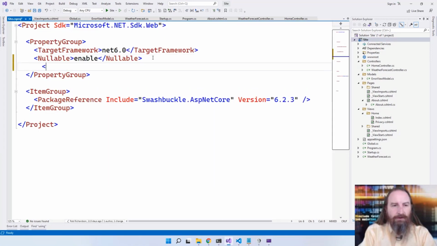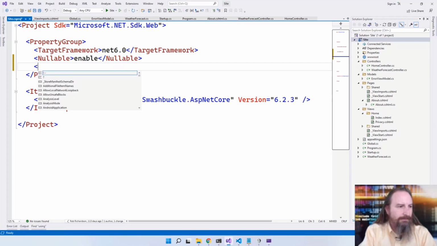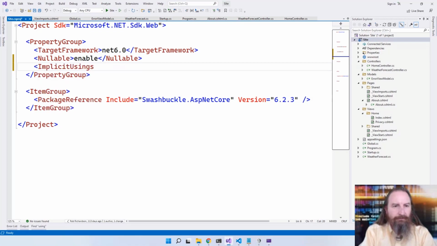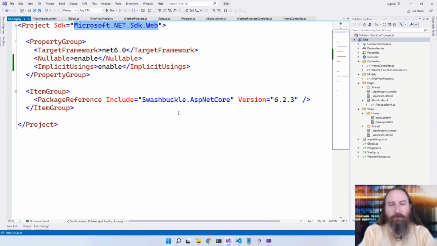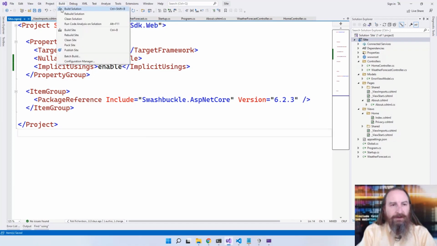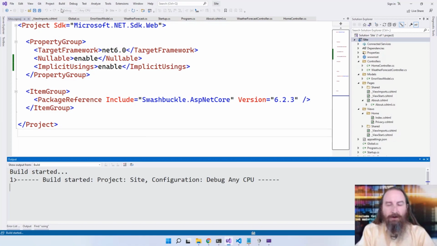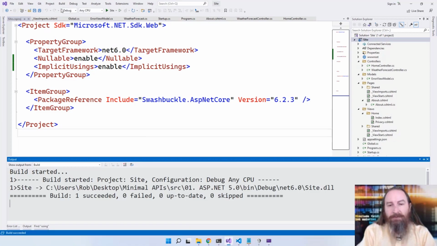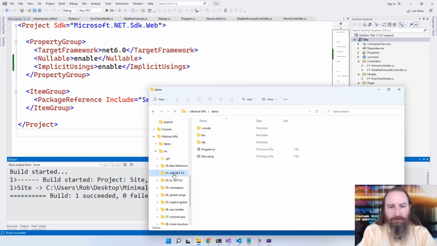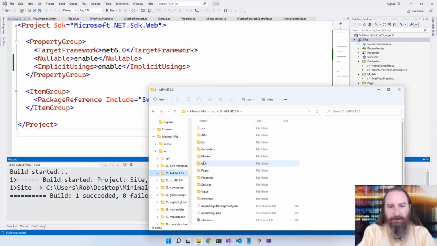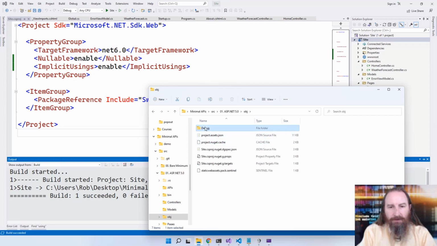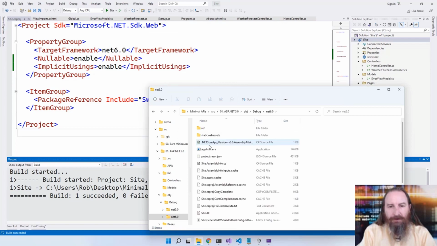add another feature here that says implicit usings. Now I'm going to say enable, and now it's going to go look inside this SDK for all of the usings that have been exposed to us in a similar way. So let's build this again, and as we build this project, all of the usings from the SDK will be automatically built and injected into our site. So let's come here into our project. We've been upgrading this .NET 5 project, and we'll come here into the debug folder into .NET 6, and we will